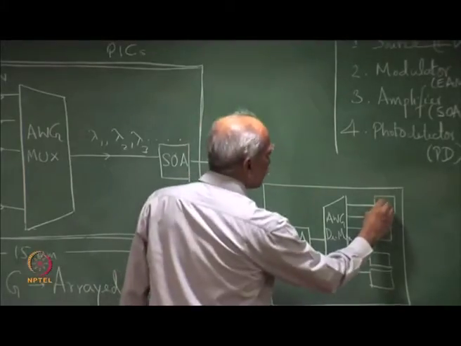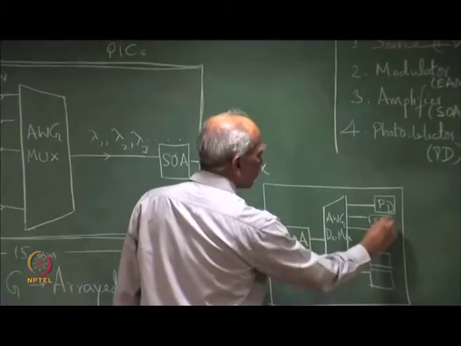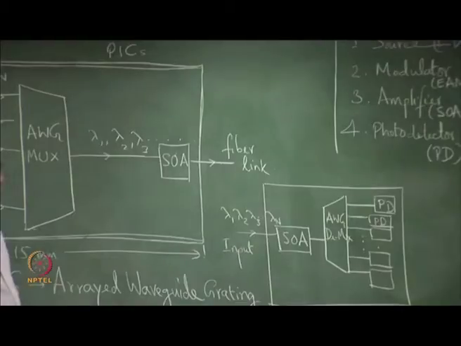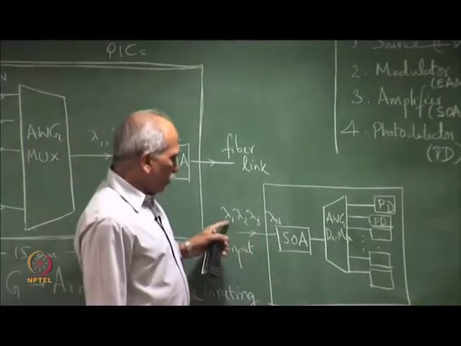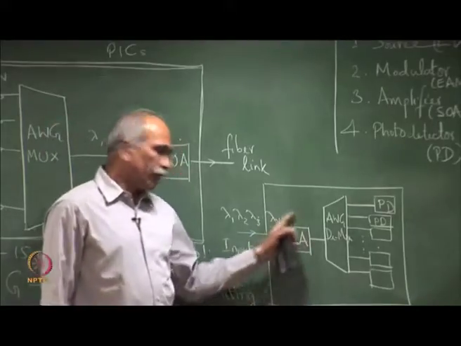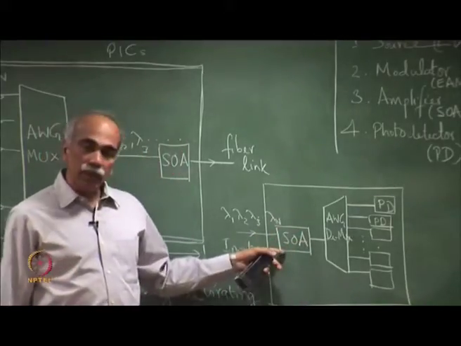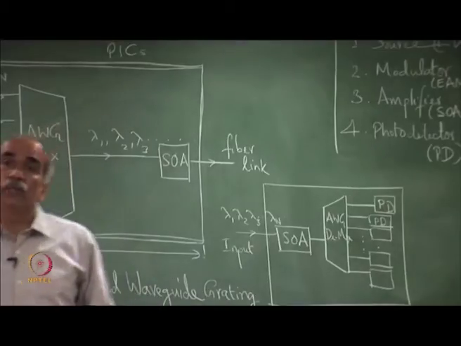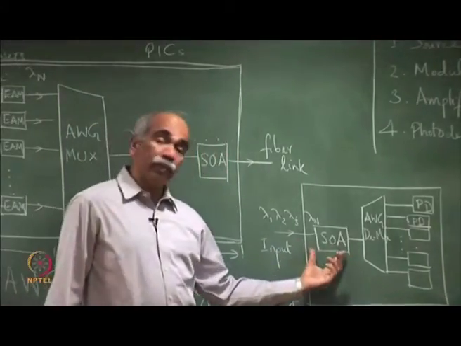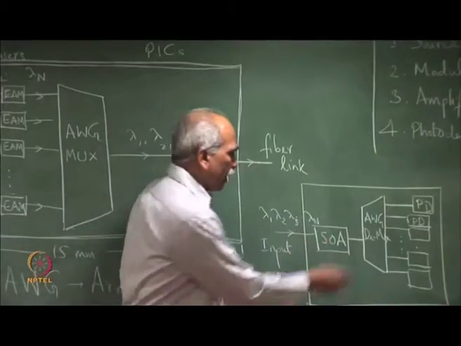So, photodetectors. The input containing all the wavelengths are amplified by an appropriately chosen SOA. There may be gain flattening filters associated with this, so that there is a flat gain band, which is followed by a demux,